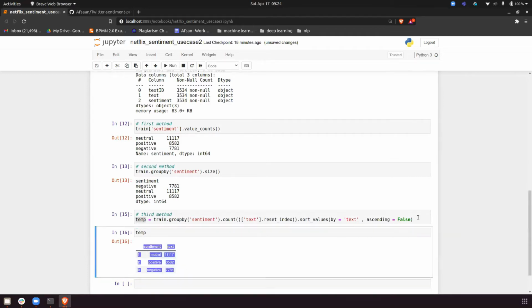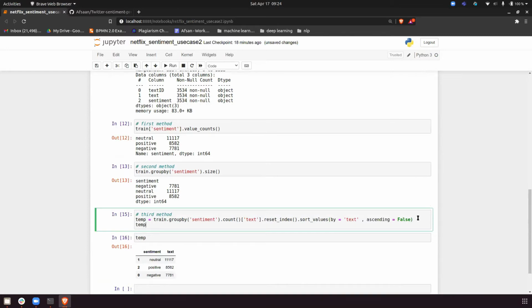To make this data more pleasing to the eye, there is a styling in data frame, style dot background gradient. When we run this, I will do cmap equal to purple.